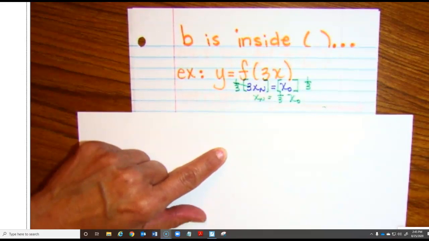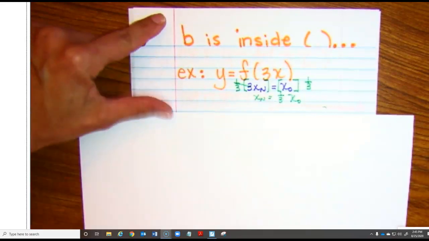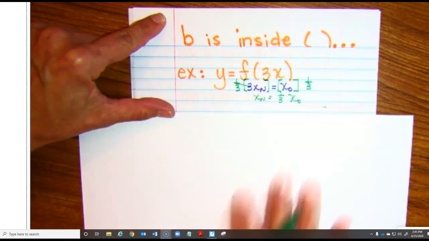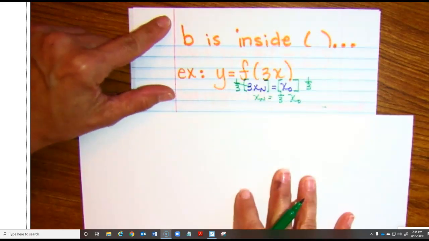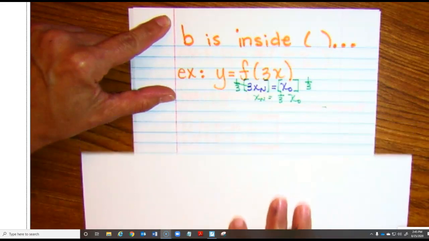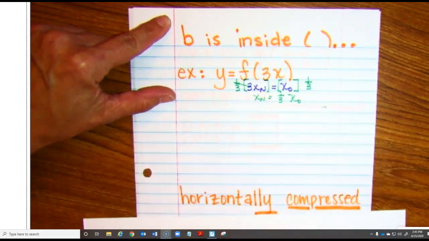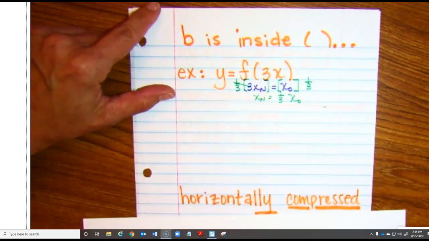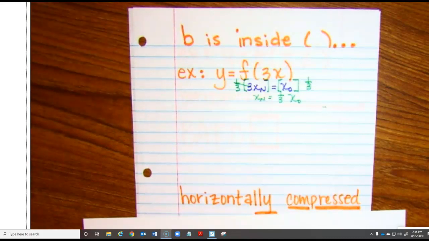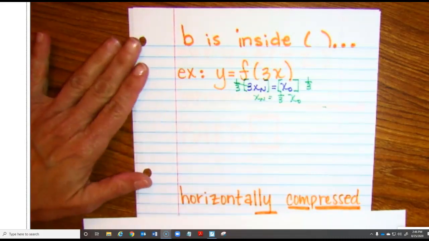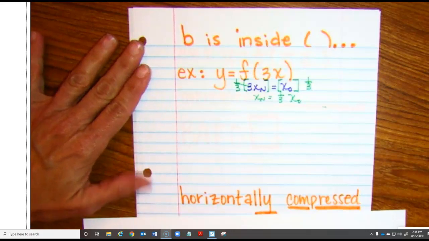So again, B is inside the parentheses. It's a little crazy. By the way, that 3 is greater than 1 initially, so that is going to be a horizontal compression. Remember your rules for that. When the B value is above 1, it's horizontally compressed. However,